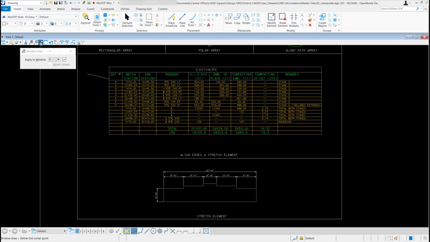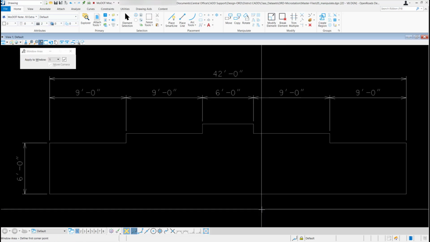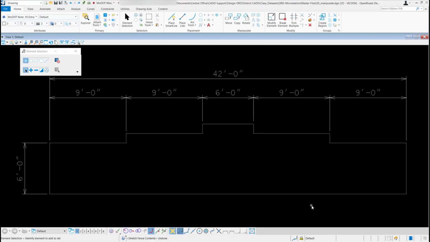I'm going to go ahead and zoom in to this intermediate bent down here. So now maybe instead of these bent steps down here being 9 foot, maybe there was a design change. Maybe now they're 9 feet 6 inches. If I turn on my Civil AccuDraw, I can stretch a little more accurately. So I'm going to come down to Civil AccuDraw. I'm going to check that on. And then I'm going to turn on my DX and DY mode.